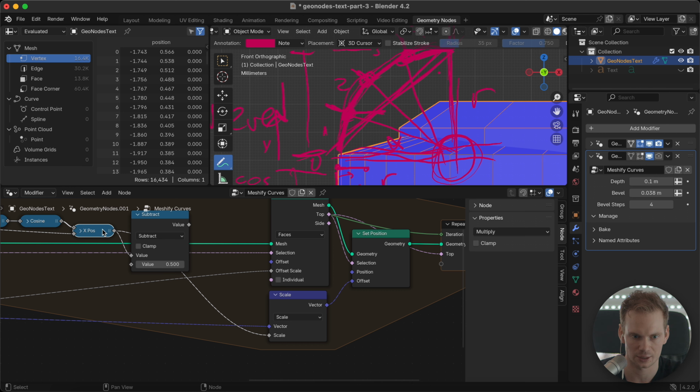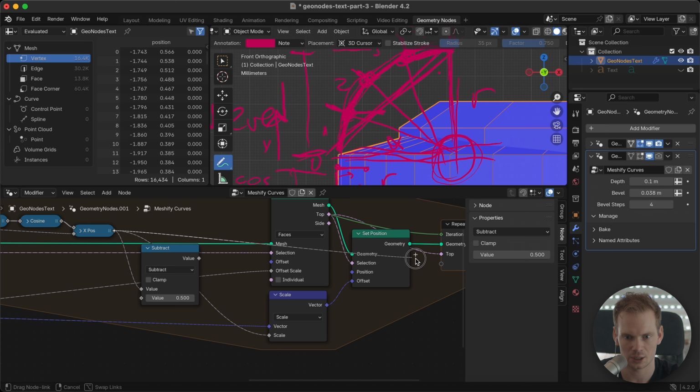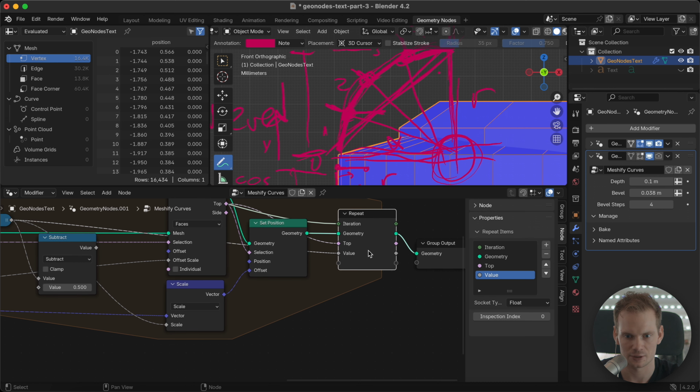There's nothing wrong with that, but we shouldn't use that to move to the right, because that's too much. So instead we have to take the relative amount that we have to move compared to the last time. So actually let's plug this x position in here, and now we get this value.